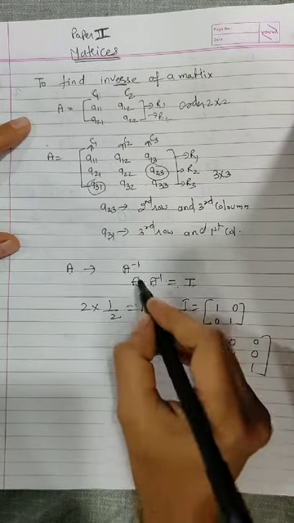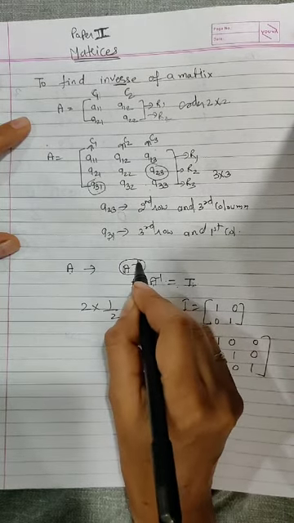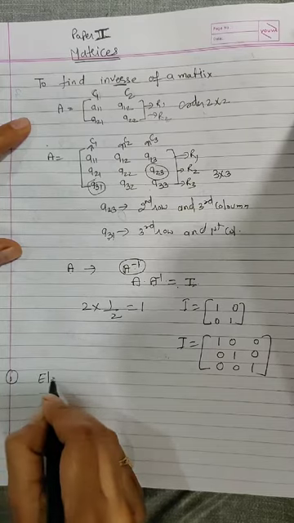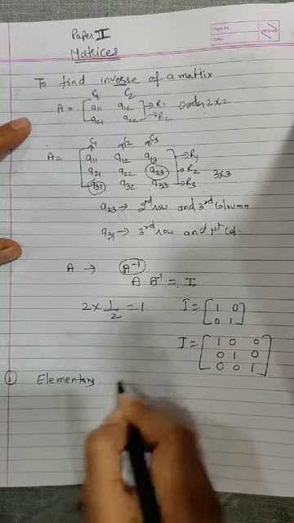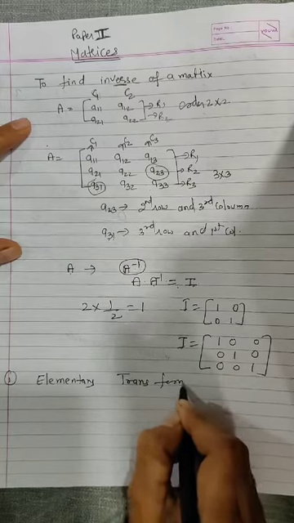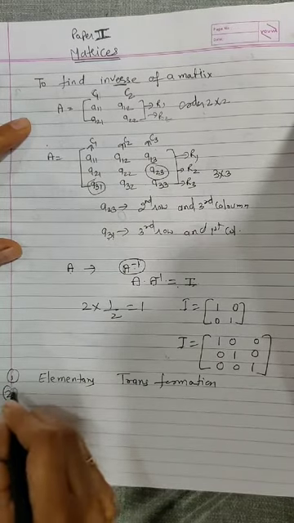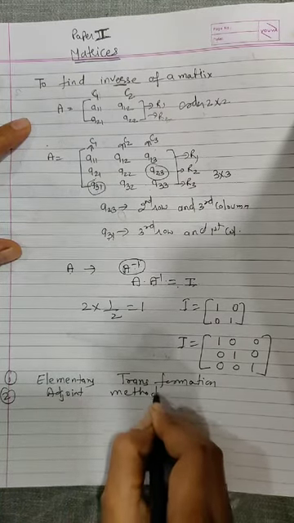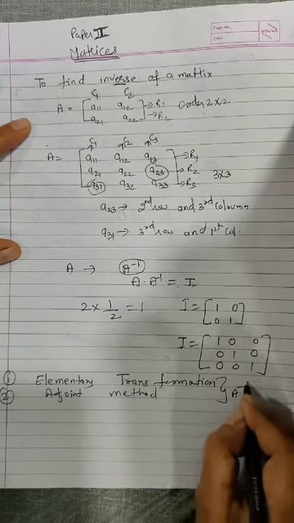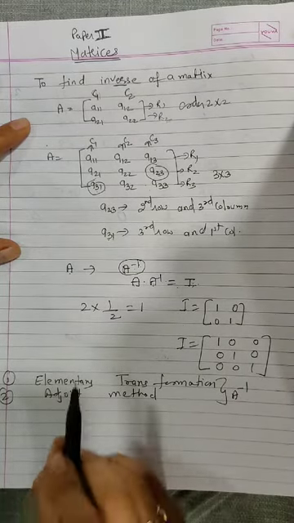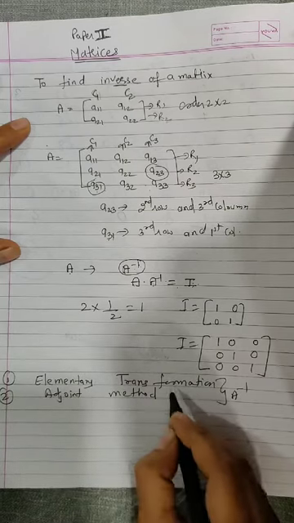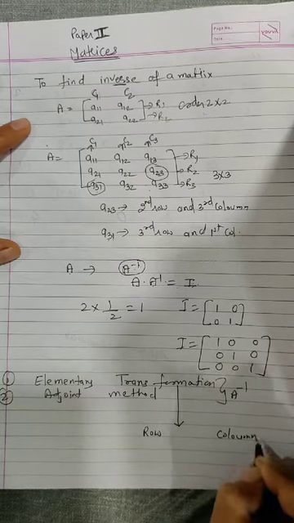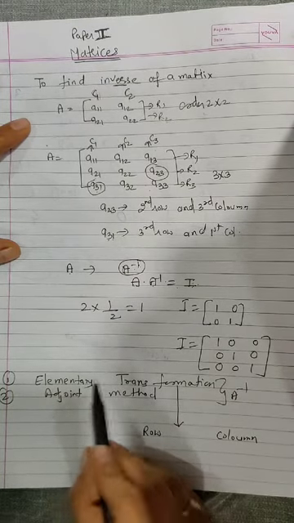So in standard 12 our aim is to find this A inverse. Okay students, now to find A inverse there are two methods. First method is elementary transformation method and second method is adjoint method. Okay, by using these two methods we have to find our A inverse. Now I will take your first method, that is elementary transformation. And in this elementary transformation, again there are two methods, row transformation and column transformation. So I will explain how to perform the transformation.